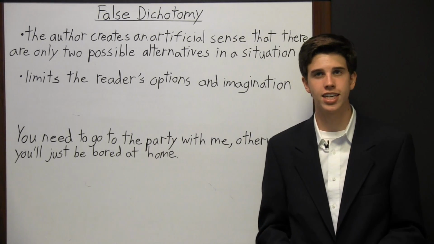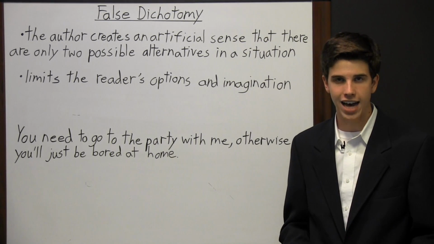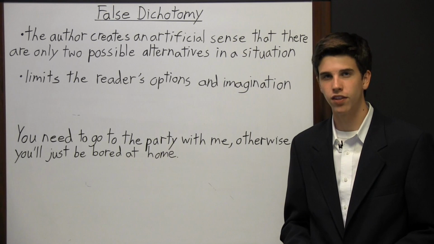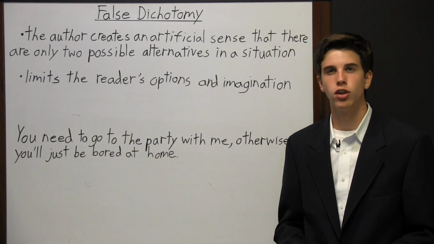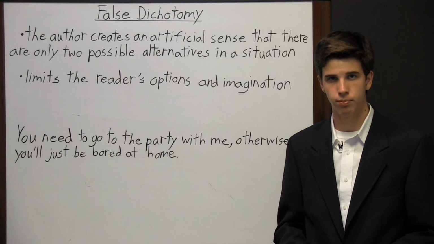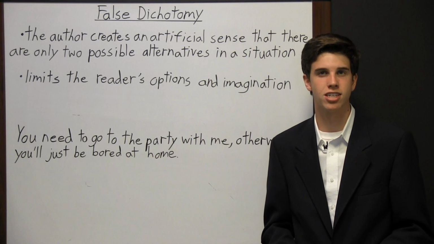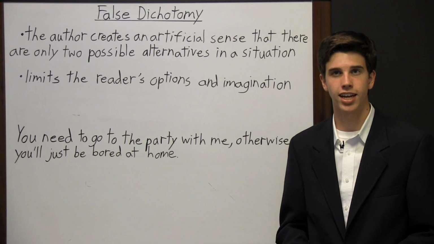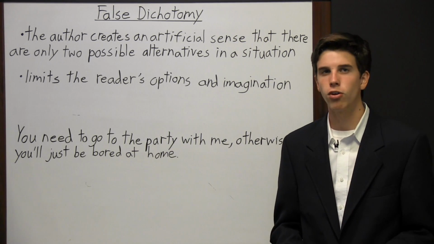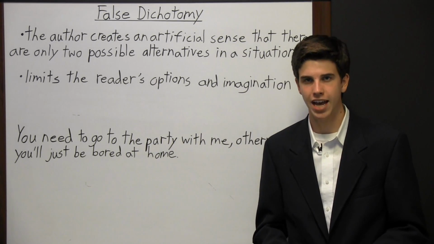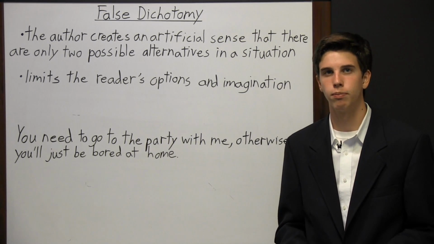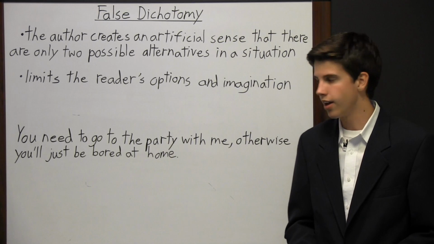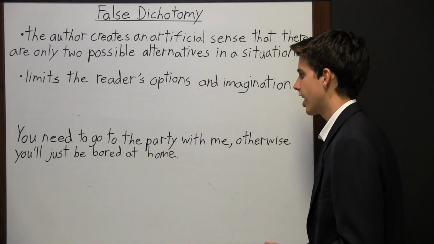And so this fallacy is common when the author has an agenda and wants to give the impression that their view is the only sensible one. And so readers should always be suspicious of the false dichotomy. When an author limits alternatives, the reader must ask, is the author being valid? Now, an example of false dichotomy is,